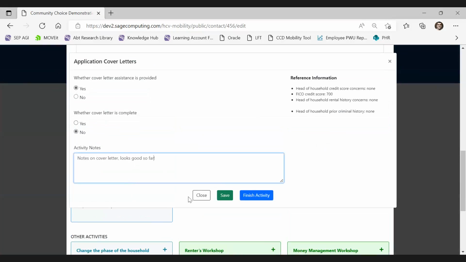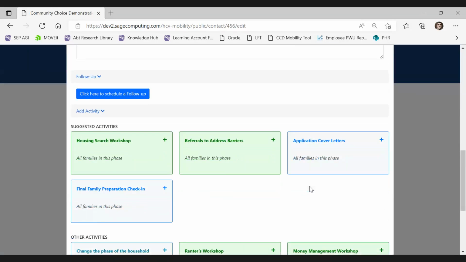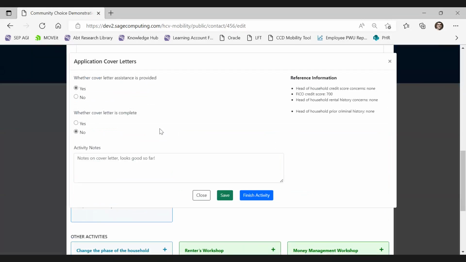So let's say that wasn't complete, but it looks good. You can click save. And in another contact, you can come in and update it that the cover letter is complete. And then click finish activity.